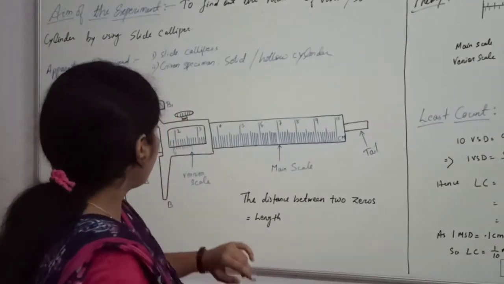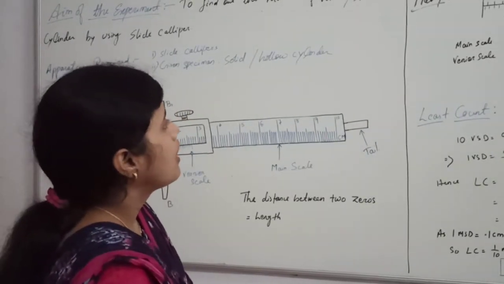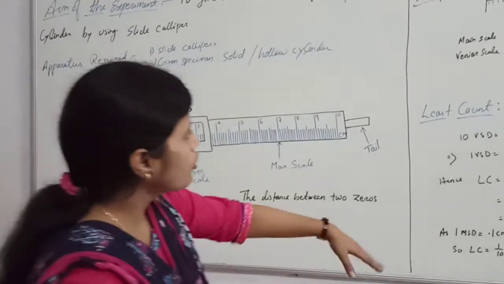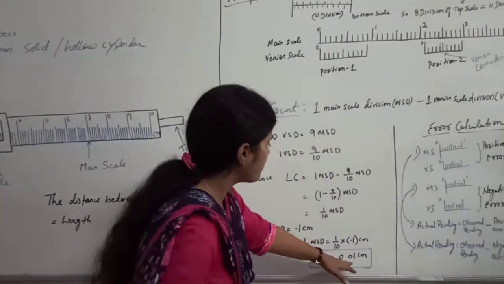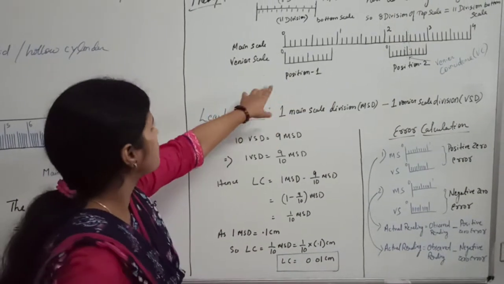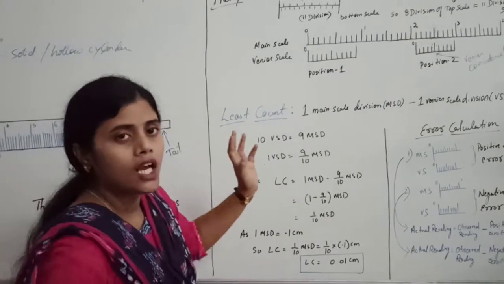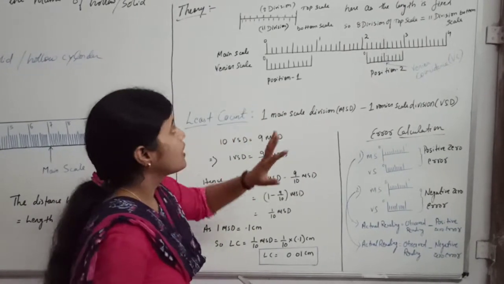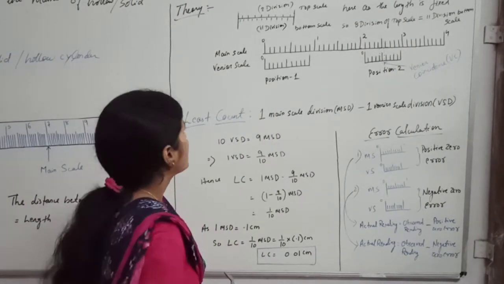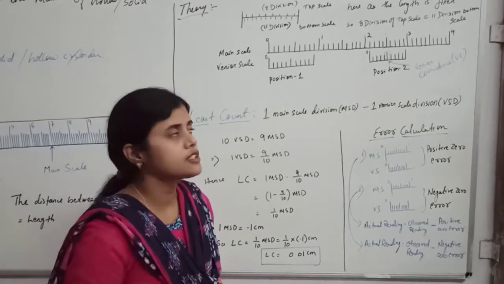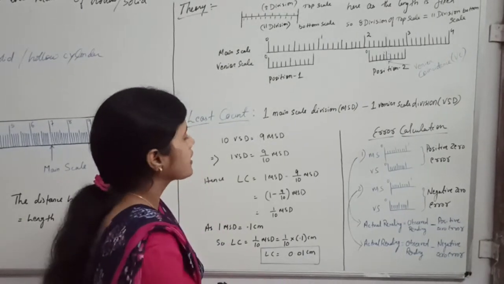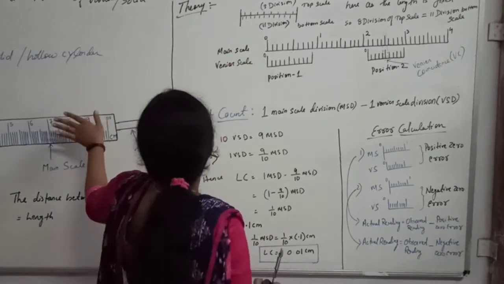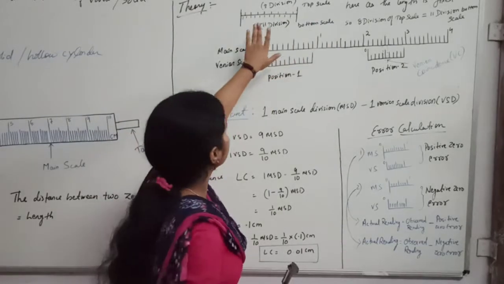So let me tell you how the least count came into picture. Before explaining how this least count came into picture, let me tell you another piece of information about this vernier scale, upon which principle this vernier scale works. This is called the Vernier principle. Suppose I have taken one example here. This is not part of this diagram. Just for an example, I have shown it here.